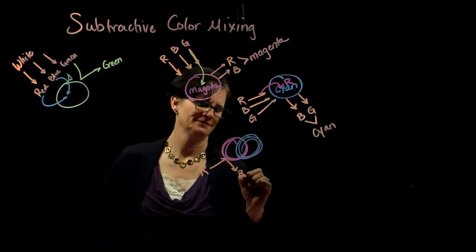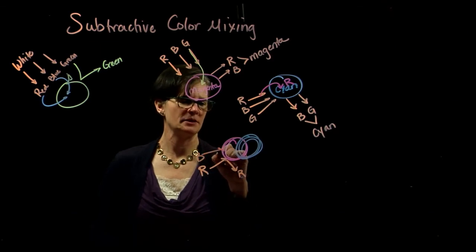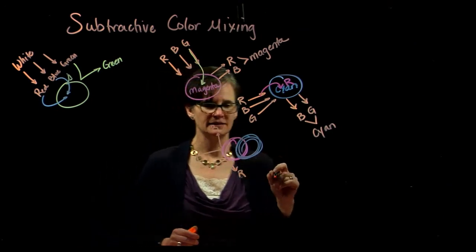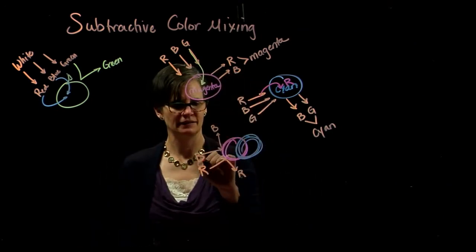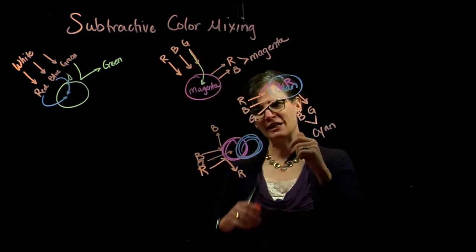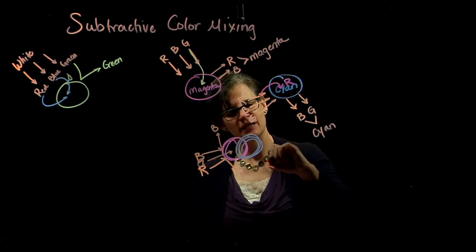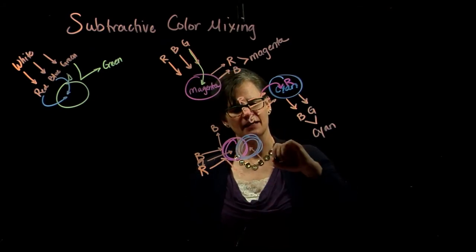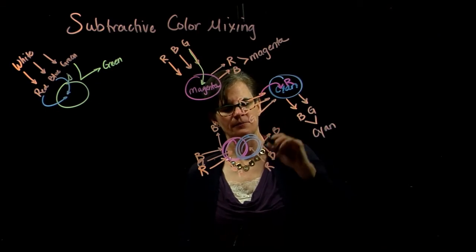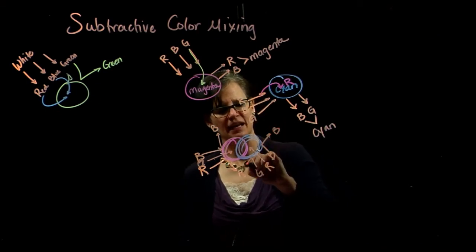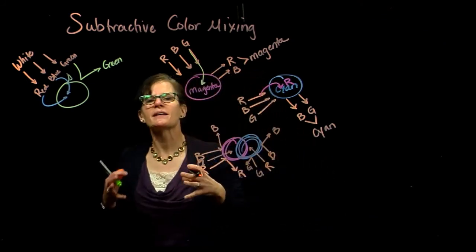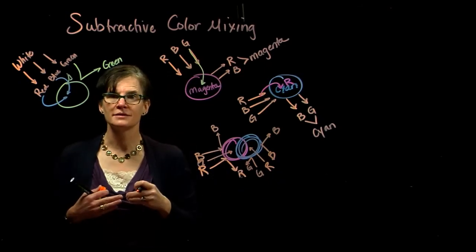That's an R. The blue light hits the magenta and bounces off. And the green light goes into the magenta. Well, in this very near proximity, I have the red light goes into the cyan. The blue light hits the cyan and bounces off. And the green light hits the cyan and bounces off, just like it did up here. But now, because that green light is so close to the magenta